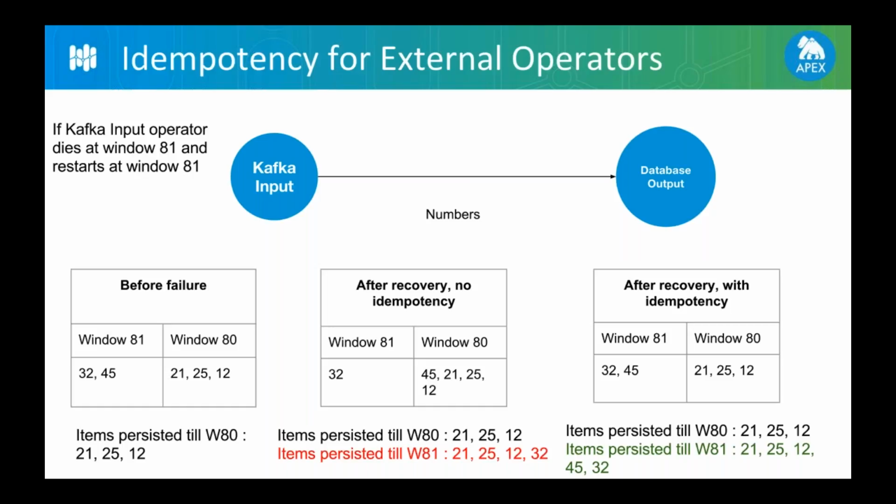Why is this operator logic important? Let us take this example and have a look at it. Assume that we are reading data from Kafka, and Kafka is emitting some numbers, and we are outputting these numbers to the database via the database output operator. Let us assume the same scenario again, wherein in window ID 80 these were the data tuples, and suppose that in case there was